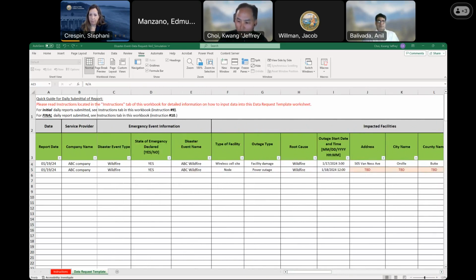And if we send another data request for the PSPS event, maybe tomorrow, which is January 19th, while you are submitting the wildfire data, you can use this same template to update both wildfire and PSPS information, as Stephanie mentioned already. Here's the example.